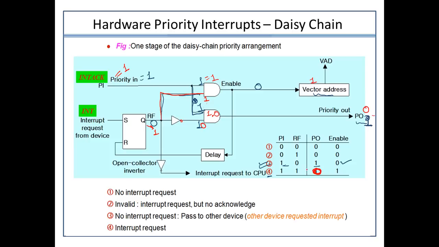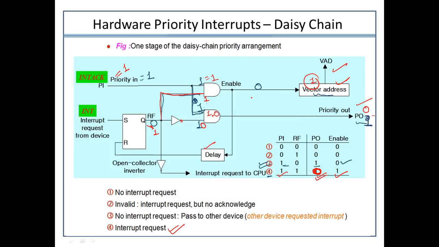So remember that case. Here the value should actually be 0. This is the point of correction here. Because only in this case I will have the value equal to 0. Then it means that the interrupt is also generated and the device has also sent the request. Only in that case are we going to get the interrupt request by that particular device. And for the rest, this delay is there and it is further attached to this R. This is nothing but depicting that the vector address has been accepted by the machine. Now it will reset the value for taking the next particular value.